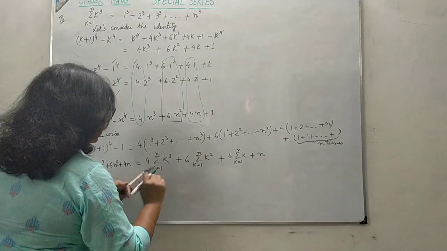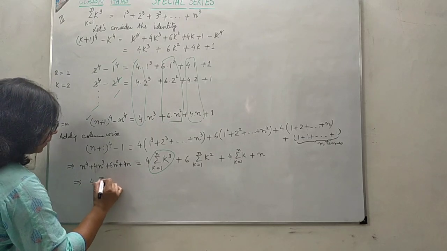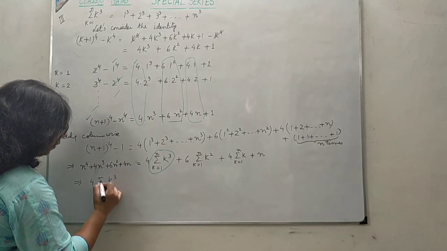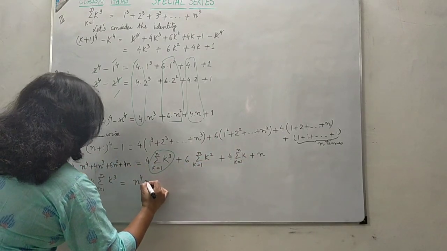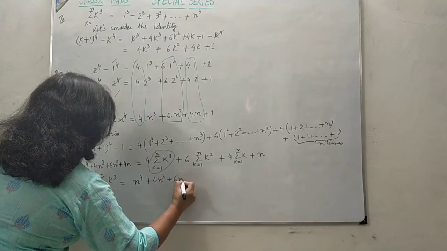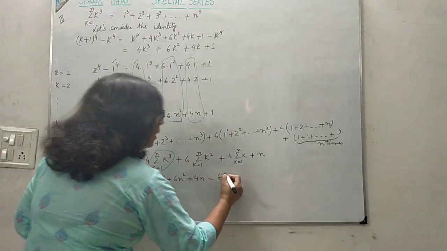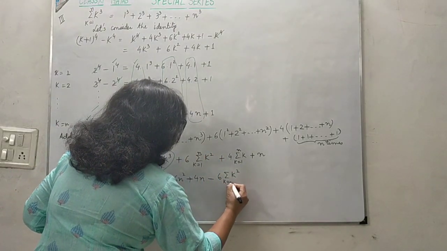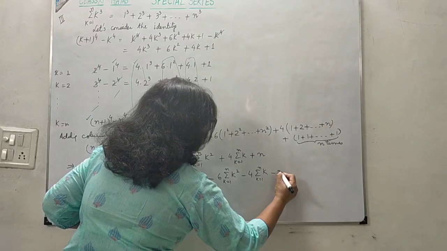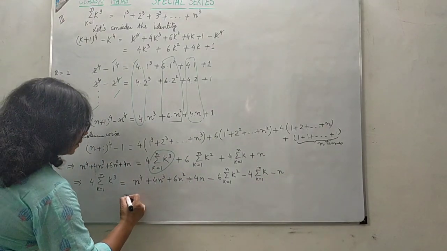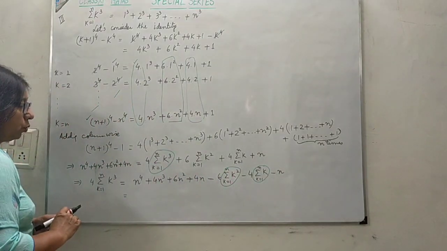Now we want to find this expression, so let me take the other terms to one side. That will become 4 times sigma k cube, k running from 1 to n, will be left with this minus all these terms. This is n to the power 4 plus 4n cube plus 6n square plus 4n, minus 6 times sigma k square, k running from 1 to n, minus 4 times sigma k running from 1 to n, and then minus n. Now you can further see that we know all these formulas for sigma k square and sigma k. If I substitute these formulas,